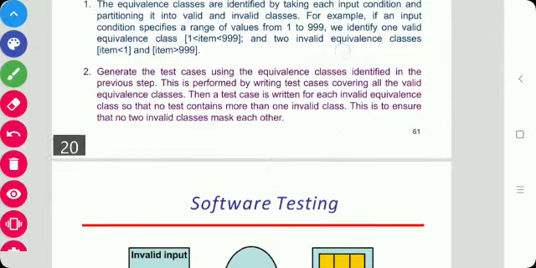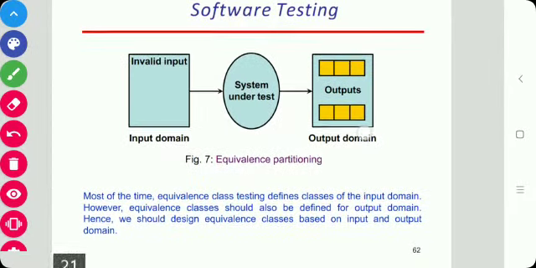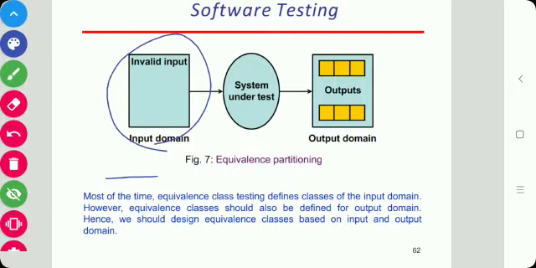So we will draw the diagram of equivalence classes like this. It has some input value, and that value may be valid or invalid. This is the system under test, and these are the outputs. Okay. So for example,